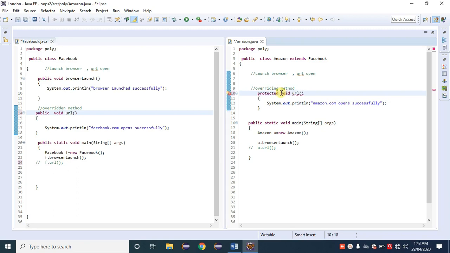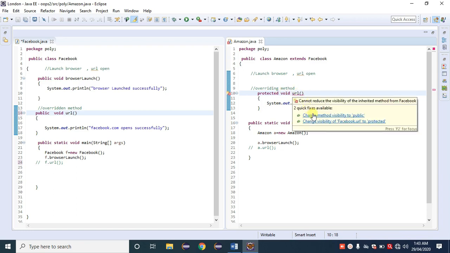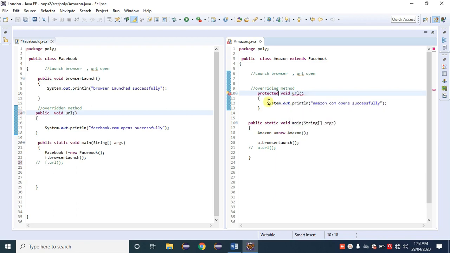So here we get a similar error: change method visibility to public. It means that is not permitted. If the parent is public, then the child class must also be public. If it is protected, here must be protected. If here is default, then default is permitted.